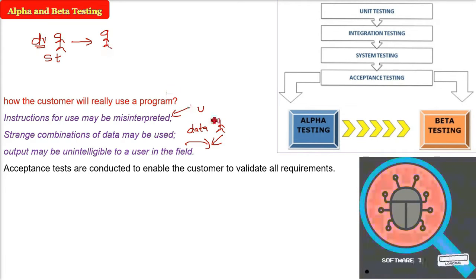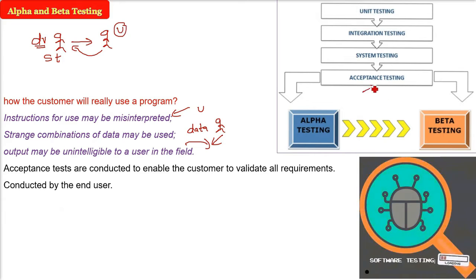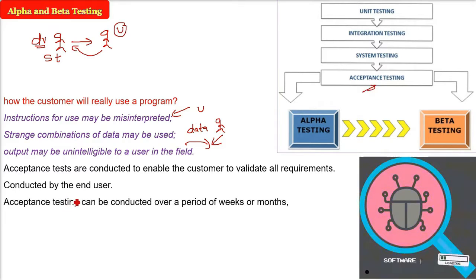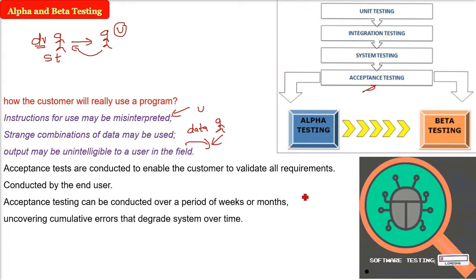So what do we do? Because the user has certain requirements, you have to fulfill them in the way he wants. When he actually works in the field, everything has to be as per his requirement. And these acceptance tests are conducted by the end user. Acceptance testing can be conducted over a period of weeks or months. And in these weeks and months, different errors are uncovered, and if we combine them, they may degrade the